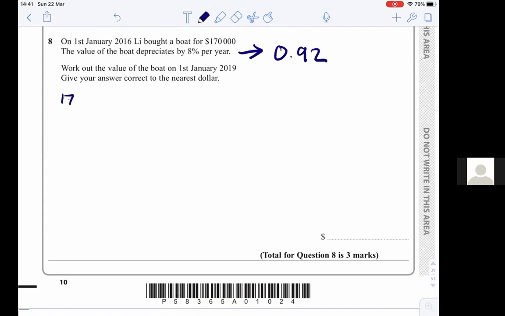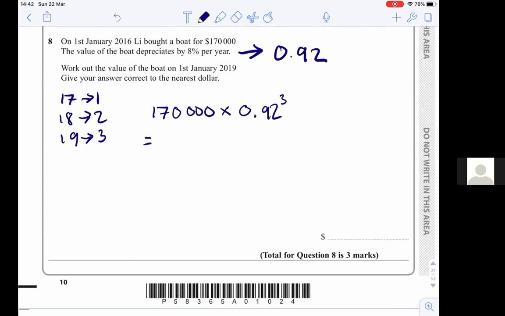Well, 2017 will be 1 year. 2018 will be 2 years. 2019 will be my 3rd year. Okay, so it's happening 3 times. So I can use my compound percentage formula times by 0.92. I can do this calculation 3 times if I want to, or I can just say we're going to times it by this cubed, and my final answer, if I type this out,